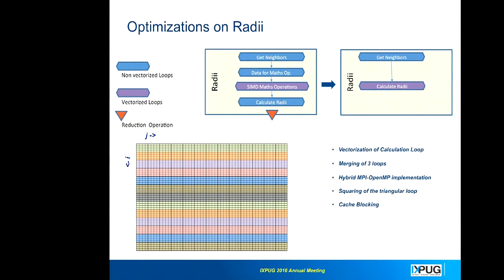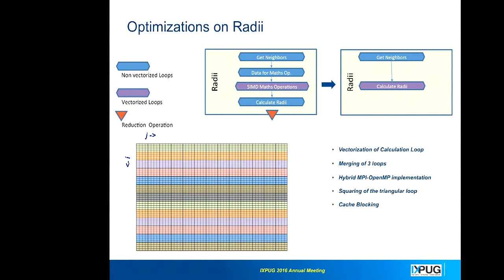Now what we did next for cache blocking was this. The implementation is now MPI plus OpenMP. Each thread now gets 8 I atoms, and then it iterates through about 128 J's to get the neighbors, and once it processes 128 J's, it goes back to the first atom. This way we did a cache blocking for